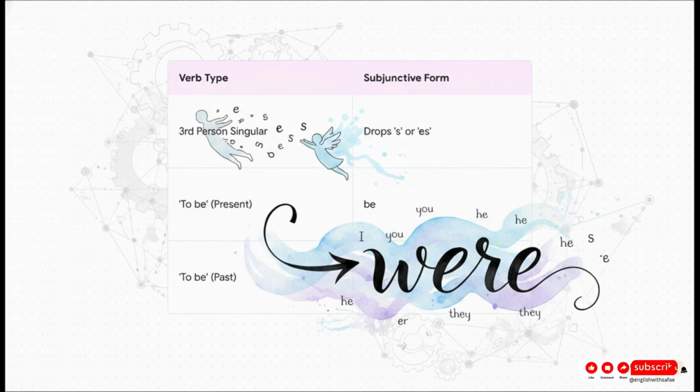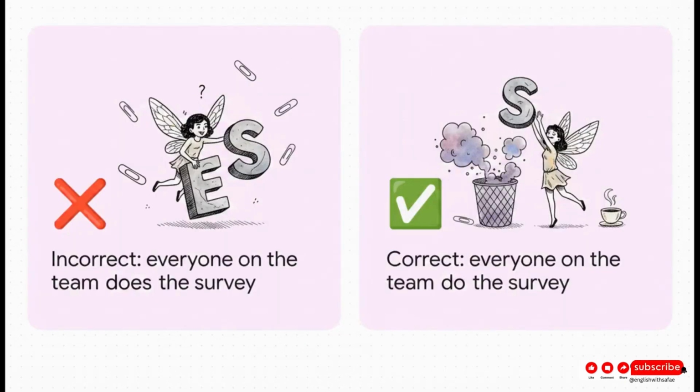In the subjunctive, it simply becomes be in the present tense, and it becomes were in the past tense, regardless of who the subject is. Whether it's I, you, he, she, or they, the past tense subjunctive of to be is always just were. This brilliantly illustrates how dropping that tiny s or es based on our rules makes all the difference, especially in